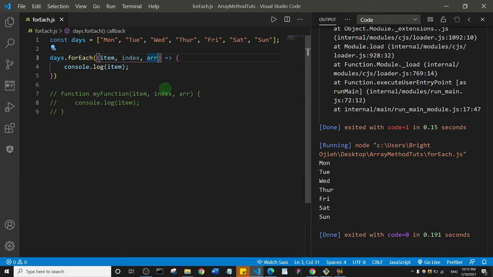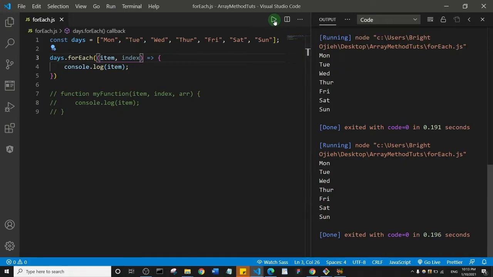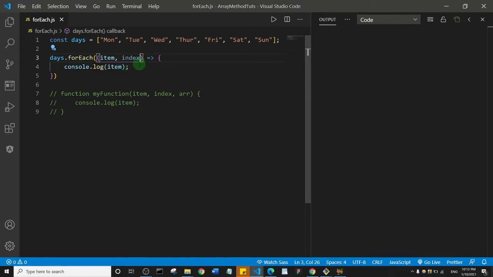If I get rid of the array here, you see that I still get the same result. Let me run it one more time, and you see I still get the same result. All right, so let me show you how we can work with the